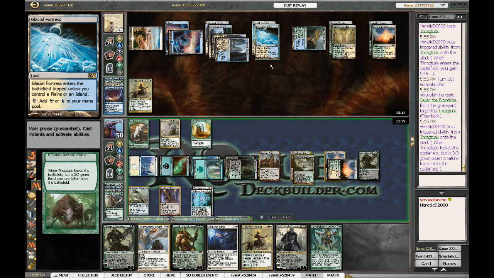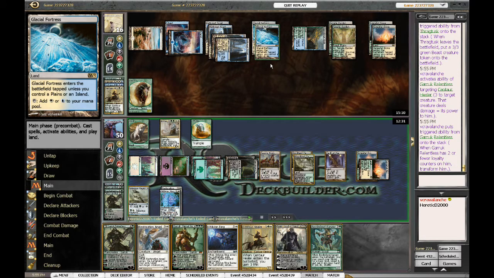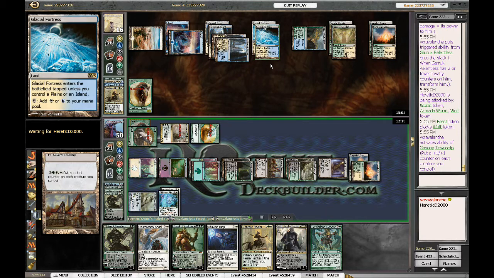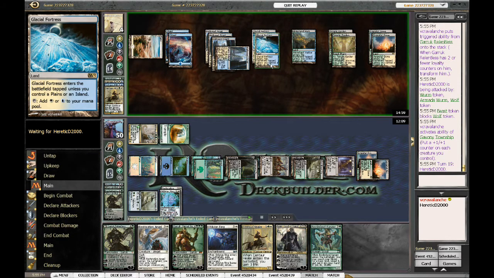So we'll Sever the last one. Now all his Thragtusks are gone. We don't have to deal with them again. Like I said, this is such an incredibly long, grindy matchup. And we're able to swing in there with the worms and the wolf. And once again, Gavany. And put him down to 4 life, and he can't gain any more life from Thragtusk,